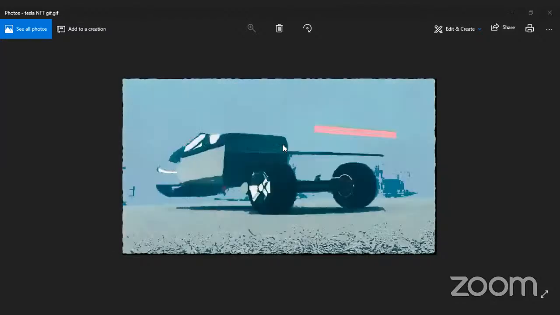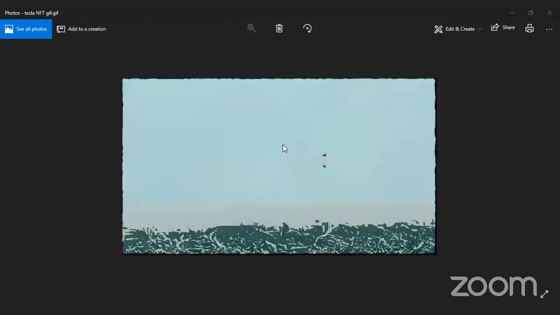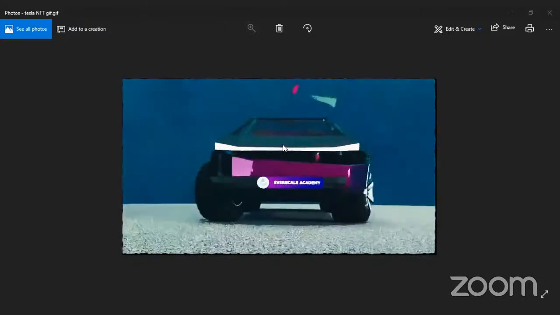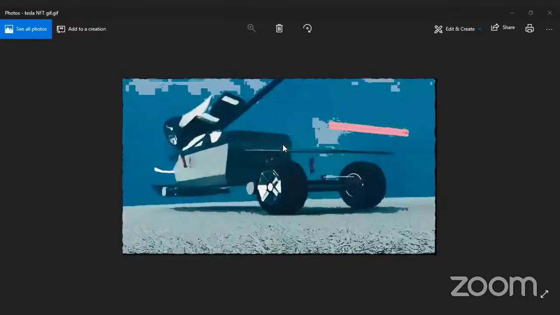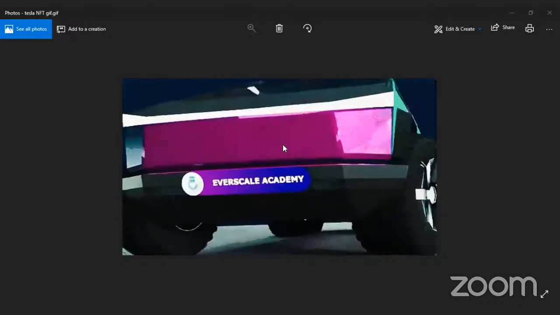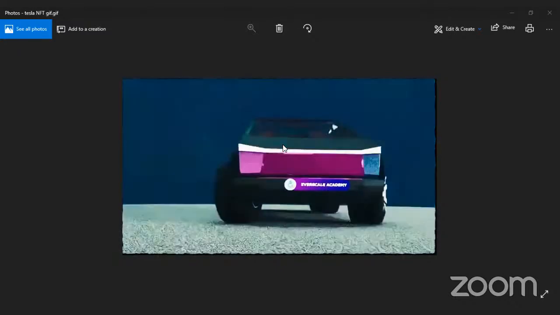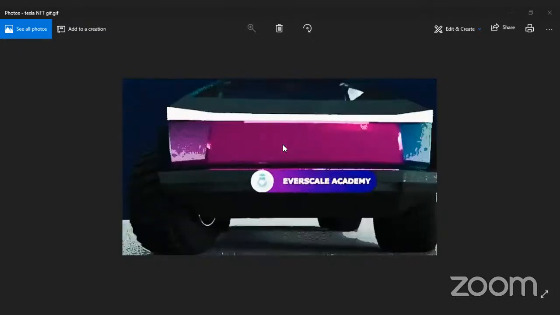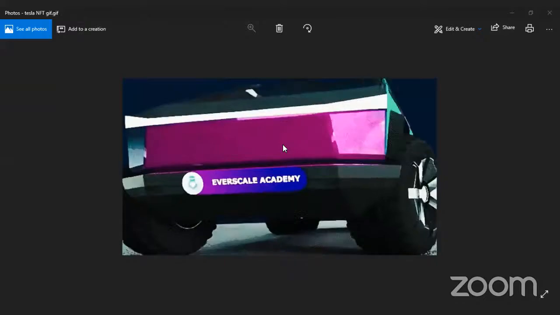Thank you so much, and welcome everybody. So today we are going to create the assembly of this Tesla model that you are seeing on the screen, which has the Everscale Academy logo as the number plate. So I'll just cover how to disassemble it, but there's so much that went into it, like shading it in those different colors and giving it that stylish look before